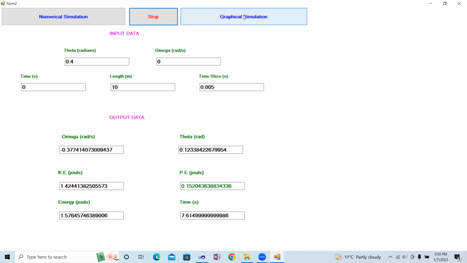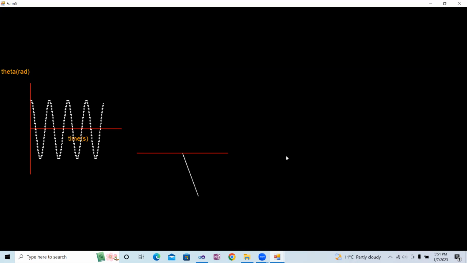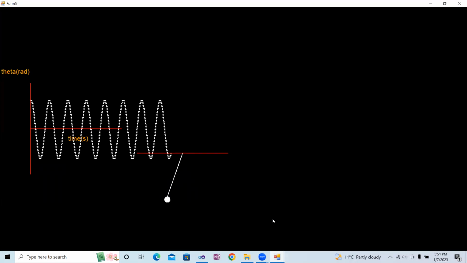And over here, we can click the graphical simulation, and over here we can get the graphical form of the simulation of the ideal simple pendulum. And this ideal simple pendulum goes on moving about its mean position only under the action of a component of gravitational force. Okay, there is no other force acting, only the component of the gravitational force is acting upon